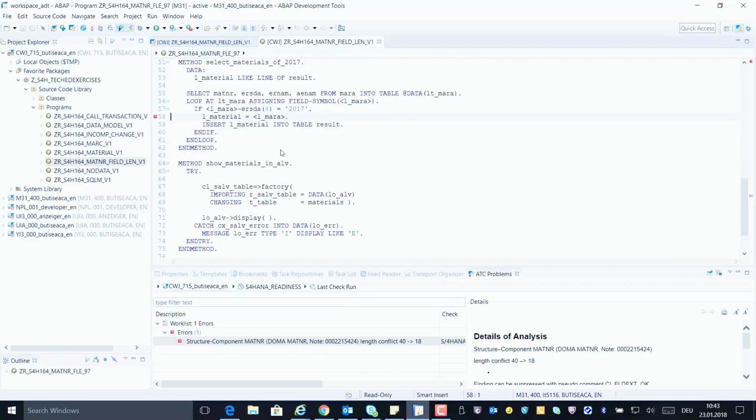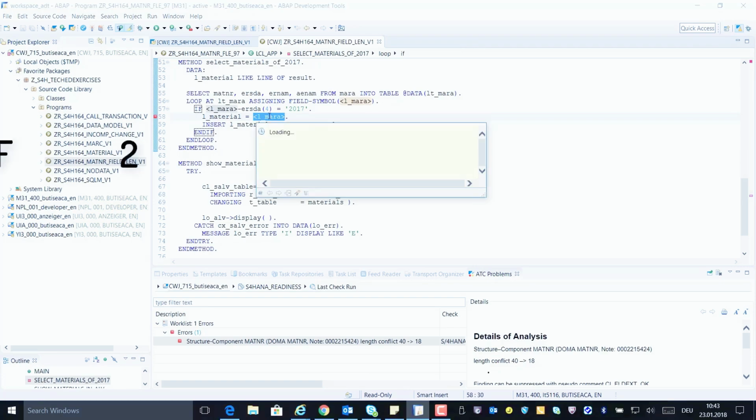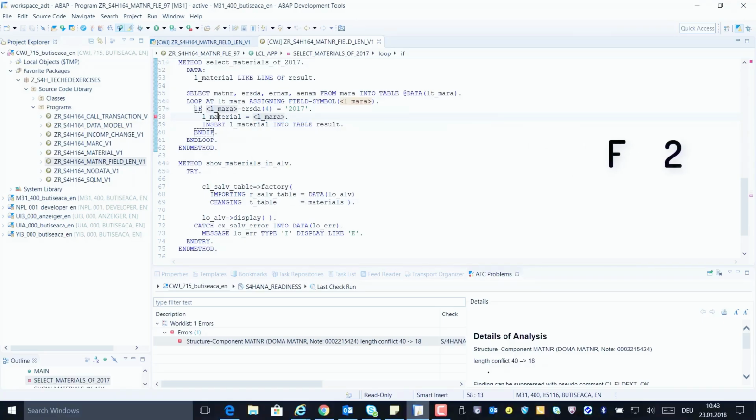Double-click on the error. Confirm the error by checking the field symbol and the variable using the element info. Press now the F2 key on your keyboard. Click now on Type Material Number. As you can see, the length is 40. Now press F2 key on L material